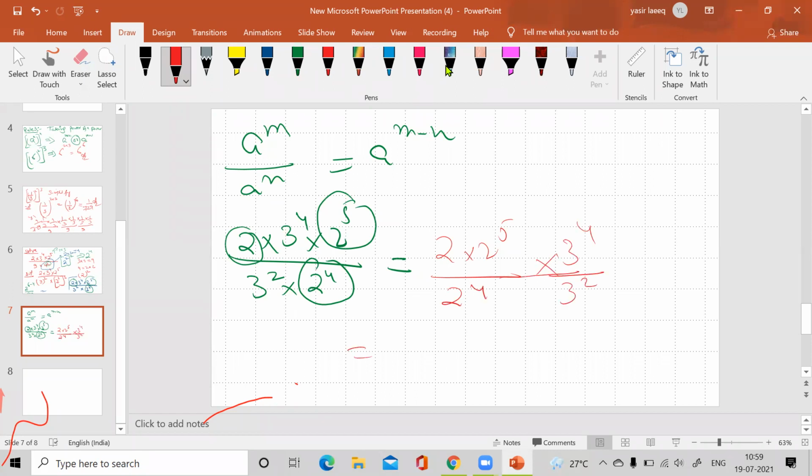So add this part, it will be 6, and when you take this 4 in the denominator, the power will be subtracted as per rule. And similarly, this is 3, 4 minus 2. When you solve it, you will get 2 raised to the power 2 into 3 raised to the power 2. Again, apply the rule: bases are different and powers are same, then it will be 6 raised to the power 2. When you simplify it, your answer comes to be 36.